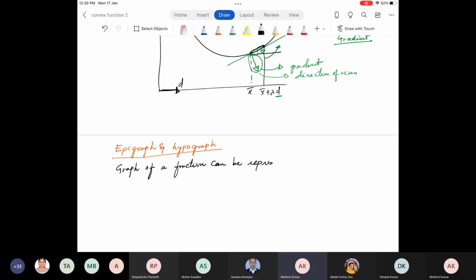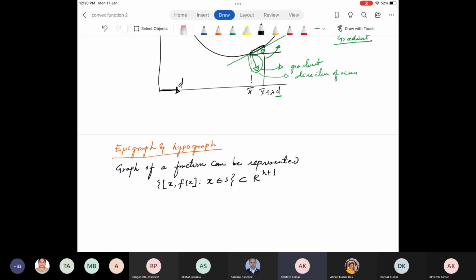So please type it. In the meanwhile, let me talk about the graph of a function. We can fully describe the set x comma f of x such that x belongs to S in R^(n+1), which is called the graph of the function. Why R^(n+1)? Because x belongs to R^n and f(x) is in R. So we have a total of n plus 1 dimensions.